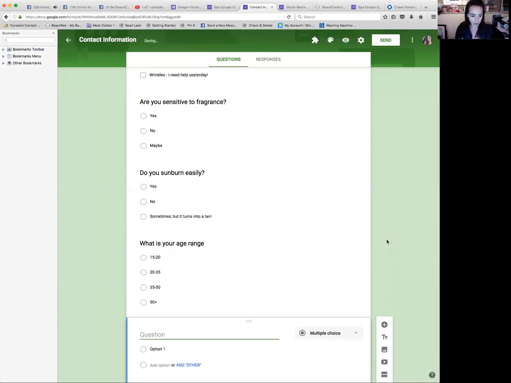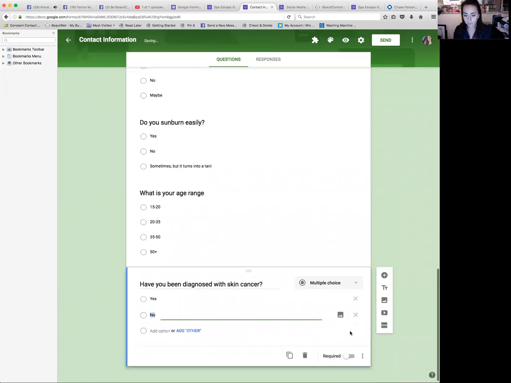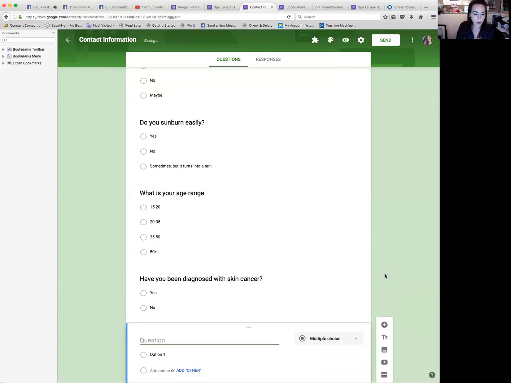Here's another great question. Have you been diagnosed with skin cancer? I have been asking that question because I want to be really careful about what I prescribe somebody, and I want to know that kind of information. And I just say yes or no when I am prescribing somebody's skincare. Plus, that makes me kind of look smart, makes me look like an esthetician online. So that's a good question to ask. What skincare treatments have you tried?